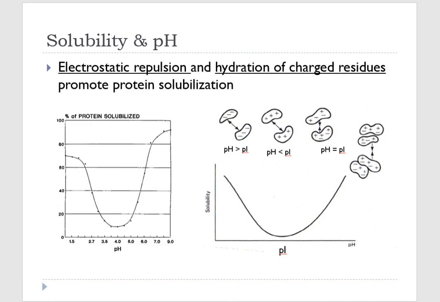When solubility is plotted against pH, most food proteins exhibit a U-shaped curve. So like this one here, U-shaped curve. Minimum solubility occurs at about the isoelectric pH of proteins. Okay, minimum solubility occurs here.